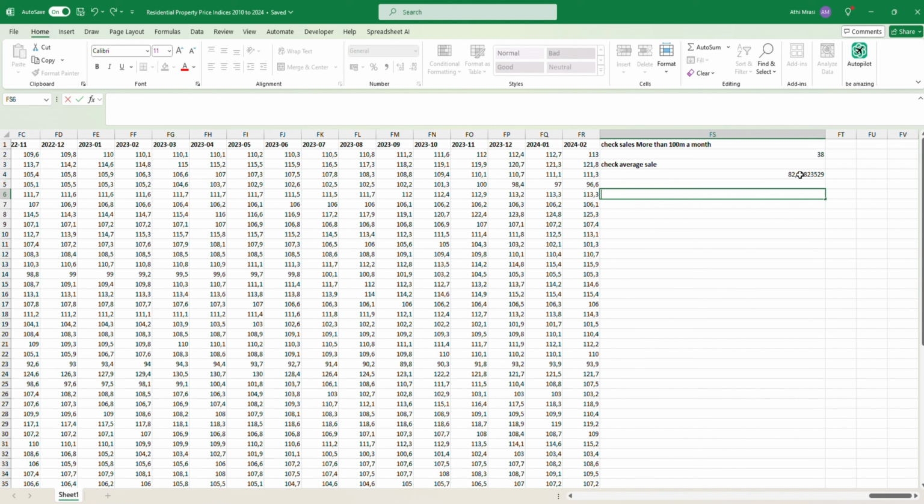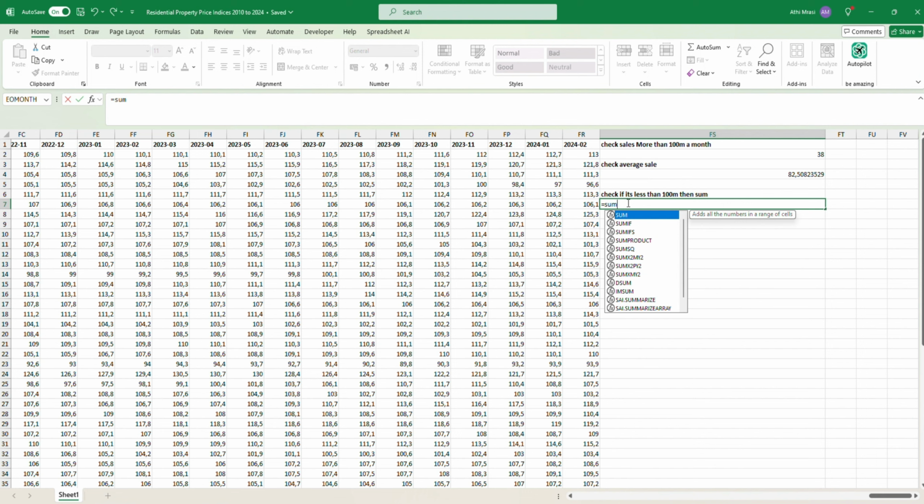Let's say we see that it's less than 100 million, so we sum if it's less than 100 million. Our formula is going to go like equals SUMIF,